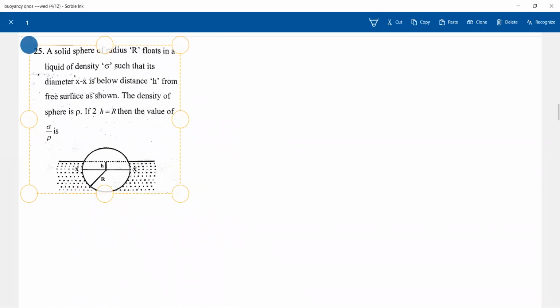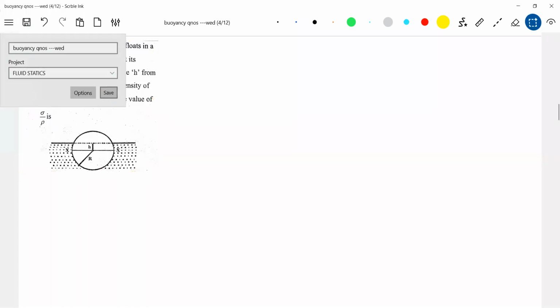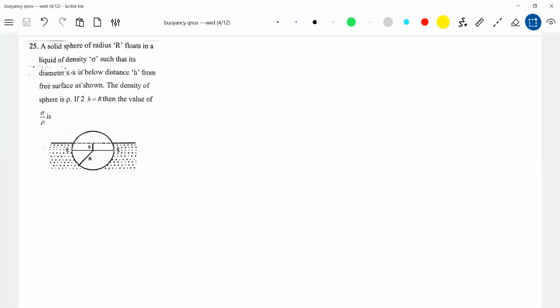This will be a really challenging question for you. You see now what is the object? There it was a cone, no? Now I brought this one. So what is the basic idea now? What I'm trying to introduce? Different shaped objects, if they are immersed, then using some integration or some mathematics, we are going to find out the unknown thing. That's the basic idea. Okay, now read the question carefully.